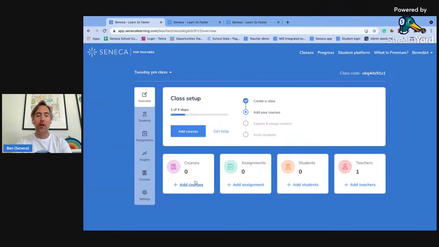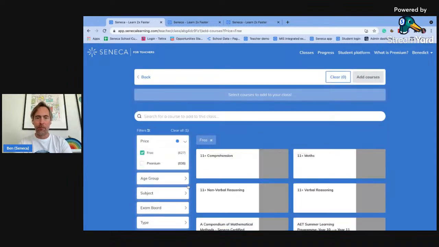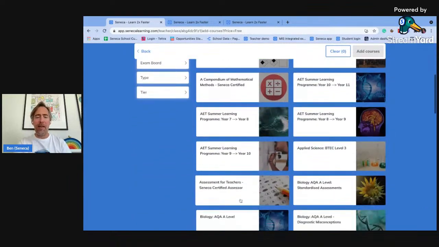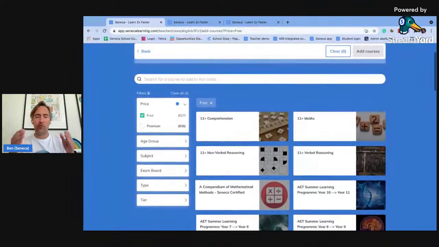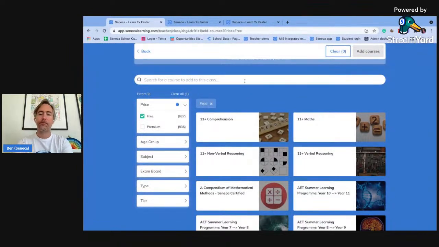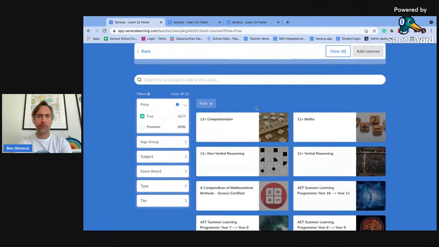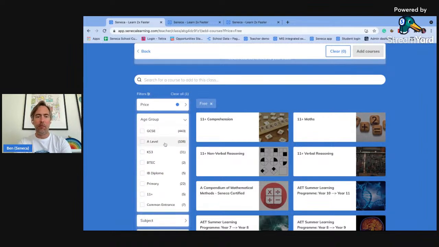I can click on Add Course, or I can come down below to the tiles here, and I can click on Add Course. If you've had a look at Seneca already, you'll notice that we have a lot of course content. So if you were to just scroll through here, it would be a little bit of a maze to find what you want, but that's why we've got two direct routes. You can either search, French A level, or alternatively, I can use this navigation, this filter bar on the left-hand side. So I'm going to look for A-level material,